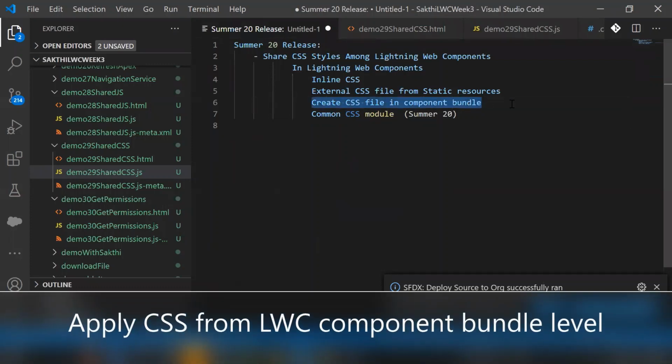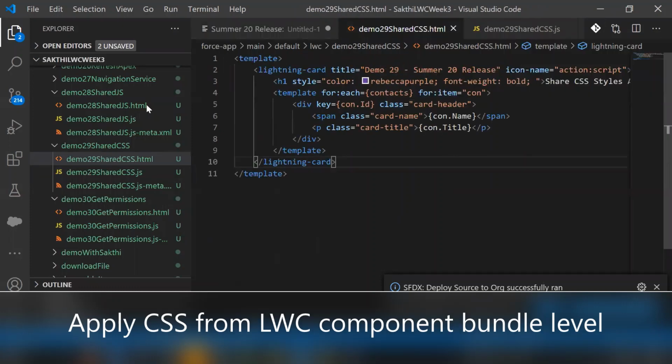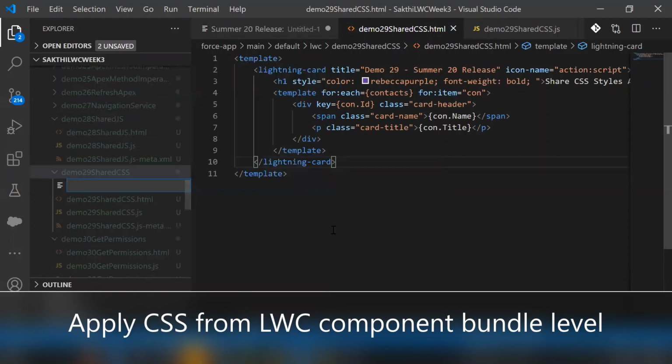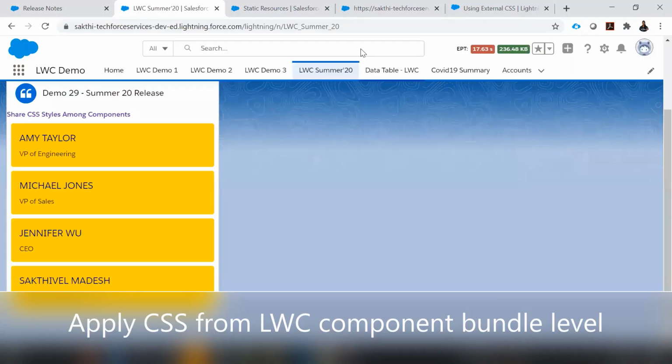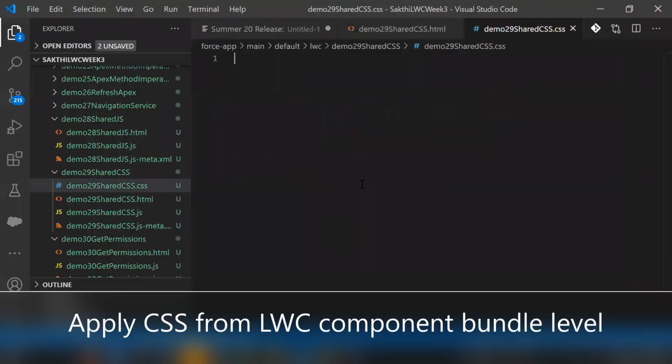Let me show you how to use CSS at the individual component bundle level. In this LWC component, we can create the CSS file. Let's create a new file, demo 29 CSS, with the extension CSS. Then we can use the same CSS.